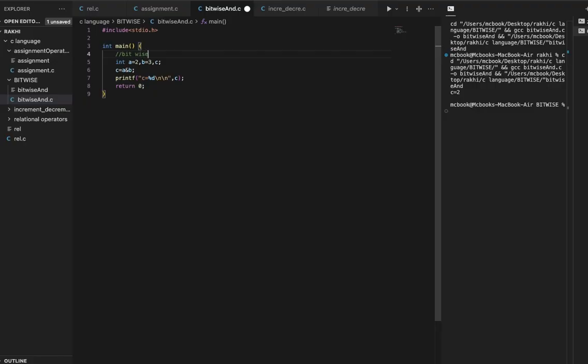That is bitwise AND, and we can do more bitwise operators one by one. First, bitwise AND is complete. Then again create a file in the bitwise folder, bitwise OR.